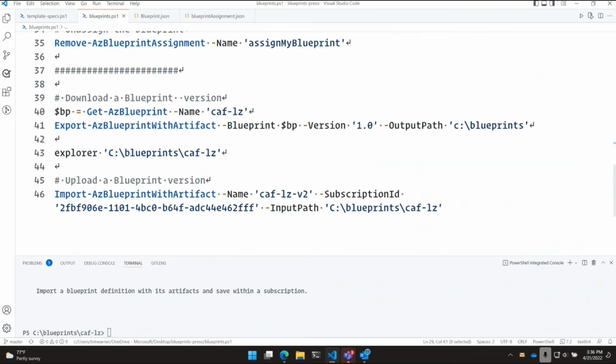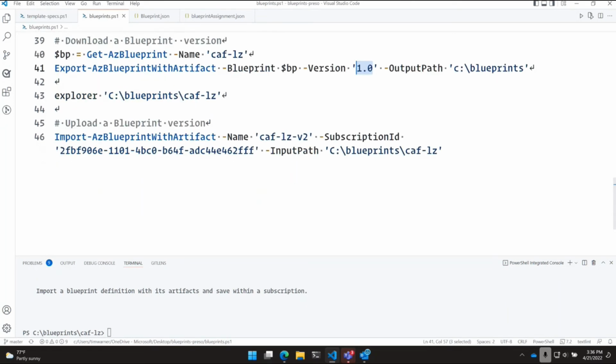The other side of the coin, to download a blueprint from your subscription, looks like on line 40, we're creating a variable to get an object of a specific blueprint version we've got in our subscription. Then the command we want is Export-AzBlueprintWithArtifact, and that'll bring that particular version down to your local file system. And then just the opposite, to upload a blueprint version, Import-AzBlueprintWithArtifact, sending in